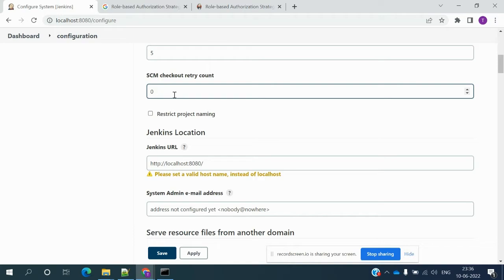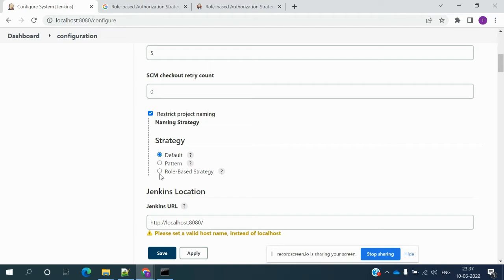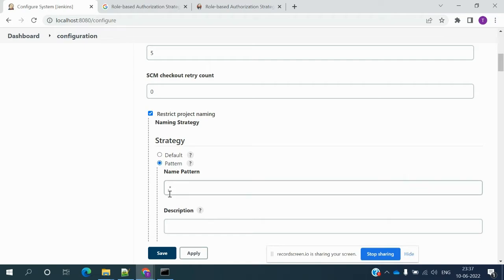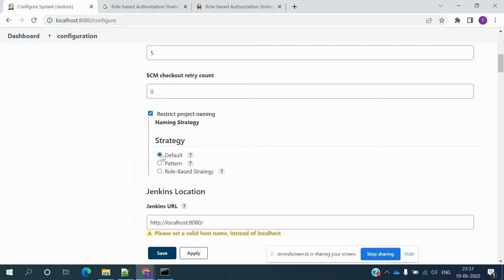The checkout time we can provide one to one. And the restriction is basically default, anything we can provide, and we can provide some pattern. If you provide test, it will allow only testing related projects. If you are using anything other than that, we cannot use it. Okay, and we can provide some information there, and we can set role based restriction. If you provide roles like user, developer, admin, and you provide admin, only admin can create the project. Other than that, no other members can create projects. Okay,